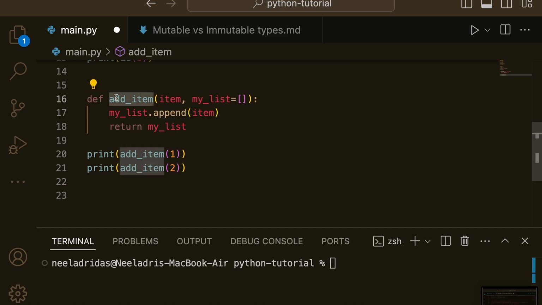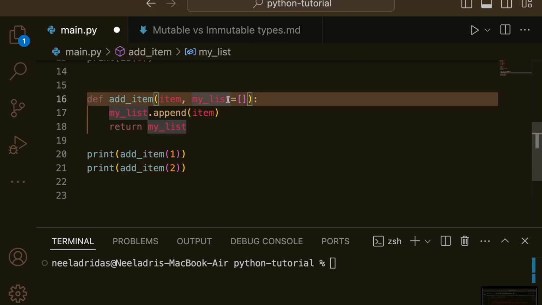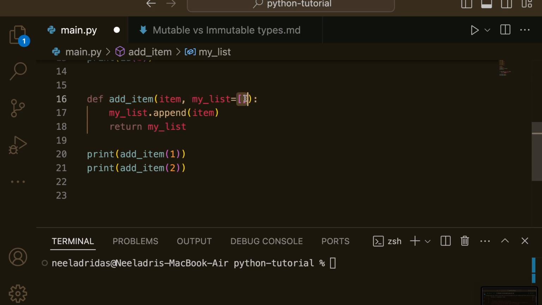Let's say I have a function add_item, which takes an item as an argument and my_list that is a default argument here, with its value as an empty list. We will see what will happen if first I am adding this item 1 here and then 2, right? So if I run this program,